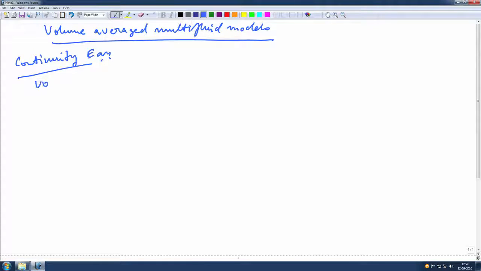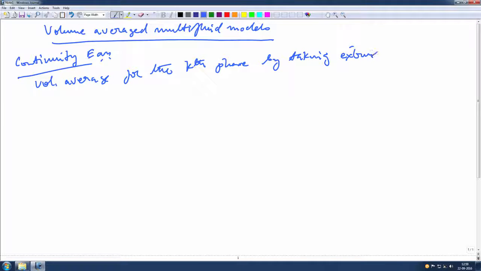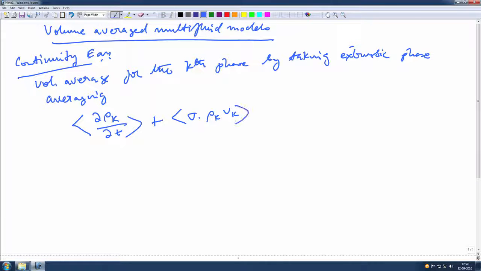So, the continuity equation is the volume average for the kth phase, by taking extrinsic phase averaging. This equation you already knew from the differential formulation, without any assumption of incompressibility, that is what you have. Now, if you take the first term,